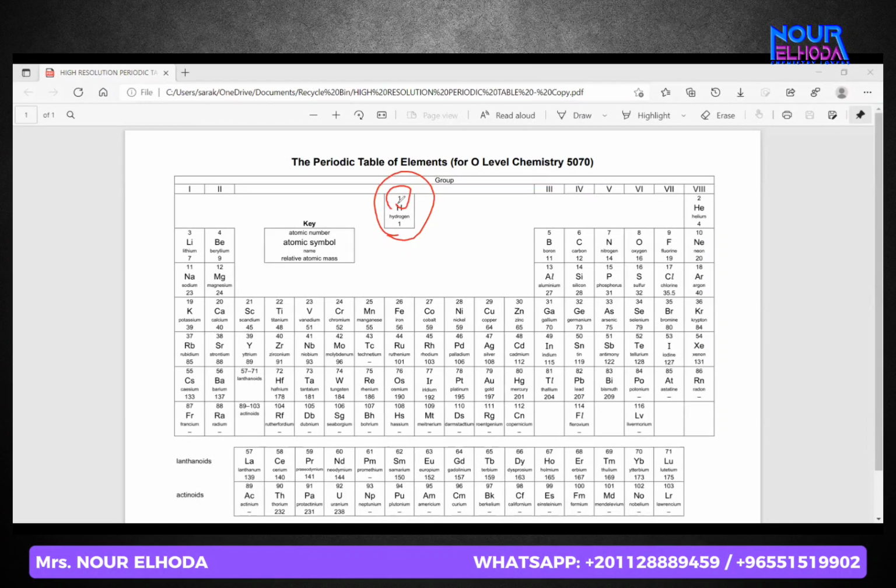Okay, NH3. Where is N? You are having 7 or 14. You are going to take which number? The big number. So to calculate the MR of ammonia, how will you do it? You have 1 nitrogen only. For nitrogen, the big number is 14. So you are going to say 14 plus... How many hydrogen do I have? Abdullah, since you didn't understand this part. Exactly, I have 3 hydrogen. So I'm going to say 3 times the mass number of hydrogen, which is 1. So the MR of ammonia is going to be 17.